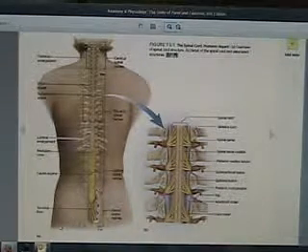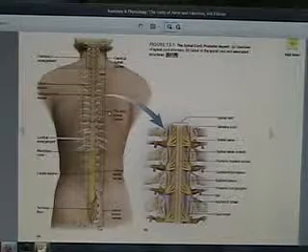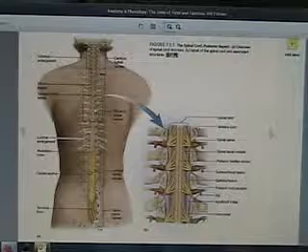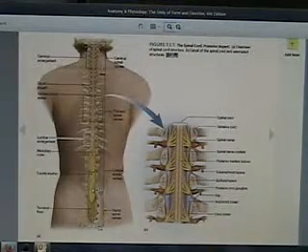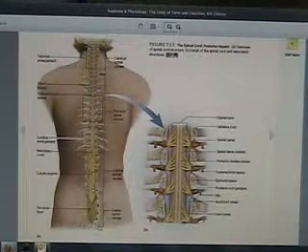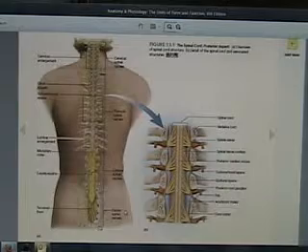So what kind of questions could I ask you? Spinal nerves, are they part of the central nervous system or peripheral nervous system? You will answer peripheral. Okay? Your spinal cord, is it part of the central nervous system or peripheral nervous system? Central nervous system, along with your brain, up here, not pictured. Okay? I could also ask you,